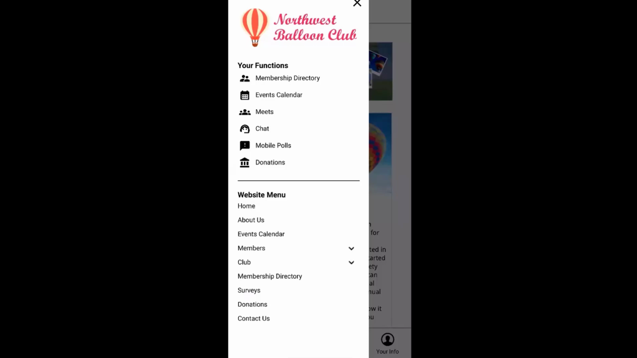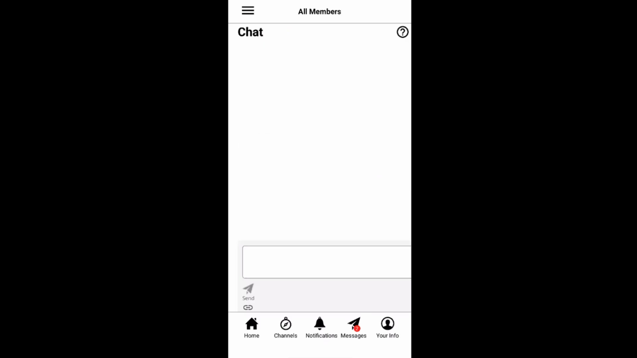The lower menu down here is going to be your website menu. And this will show you the same menu that you would see if you were logged into the desktop website. And some of you might say, well, then why do we have two different menus? The reason is that there are functions that are specific to the app. So things like the chat function here in the middle, this is going to give us the chat for our